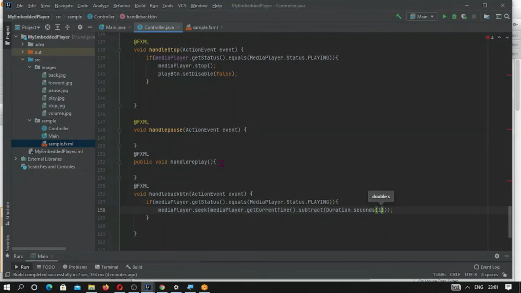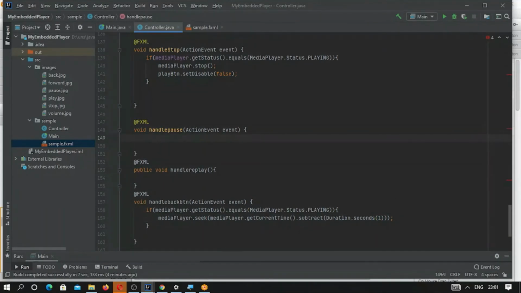Now what should the pause button do? If the media player is playing, the pause button should pause, and if it is paused, it should play. And the same thing needs to be reflected in the button also. So let me first check it.